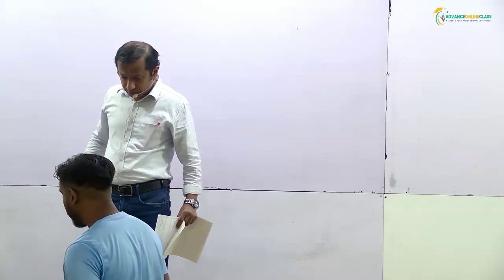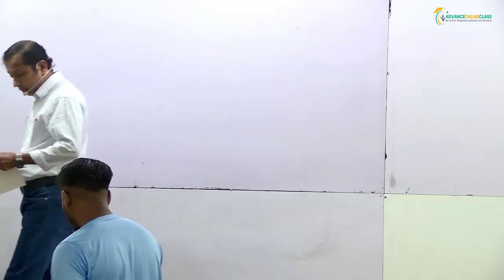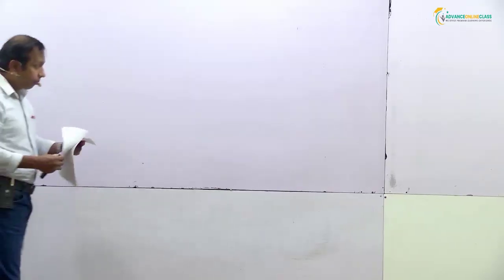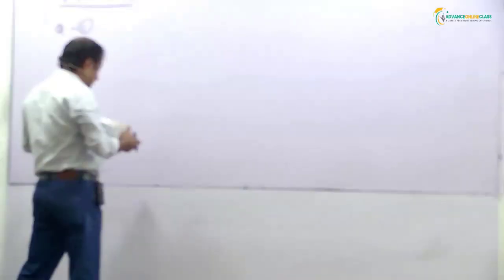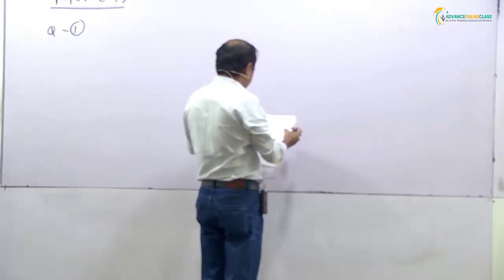Okay. Question number one, the velocity time graph. The question says, paper 7. Question number one. This way, question says,